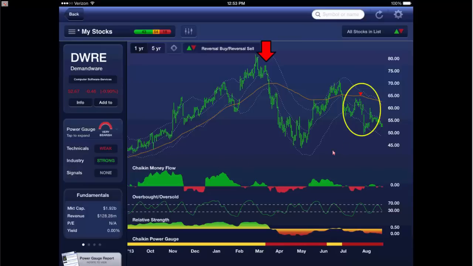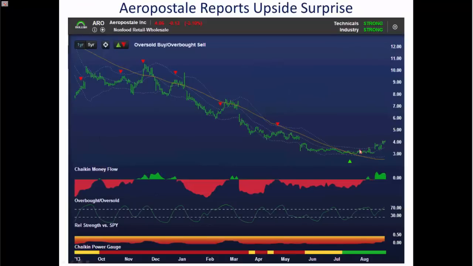It's exactly what you need as a GPS to navigate the stock market. So two other examples that are very recent. One of them, Aeropostale, is a retailer of women's clothing. And it had a bearish power gauge rating for over a year, triggered a whole series of overbought sell signals, relative strength was weak, money flow was coming out of it, and then something changed, and I can't really tell you what it was because the model